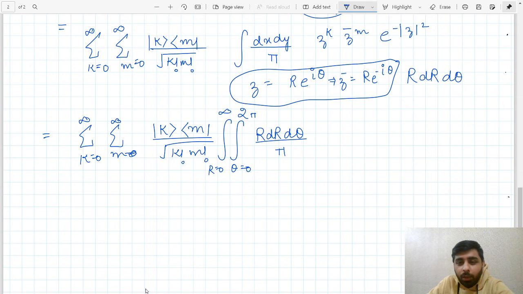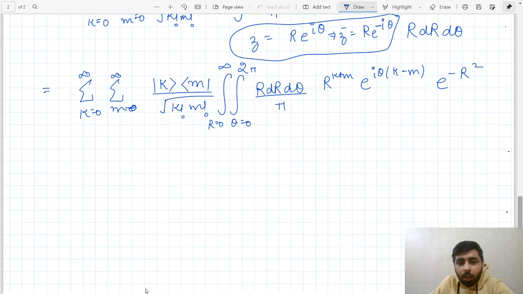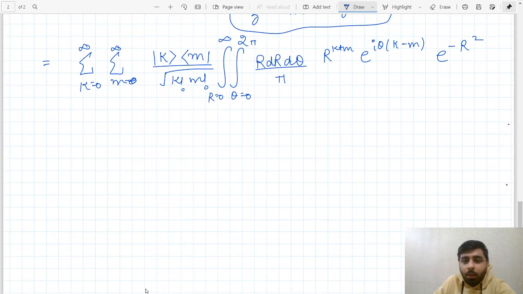So we are just going to do that here. So r to the power k plus m, e to the power i theta (k minus m). This minus comes because we have put a minus sign here. And this is simply e to the power minus r squared. Okay, very nice. Now, since there are no cross terms between r and theta here, we can just separate out